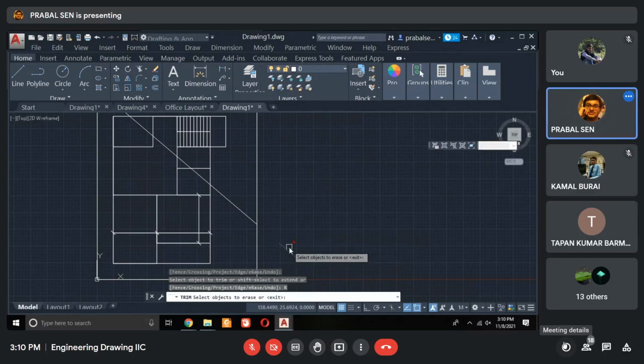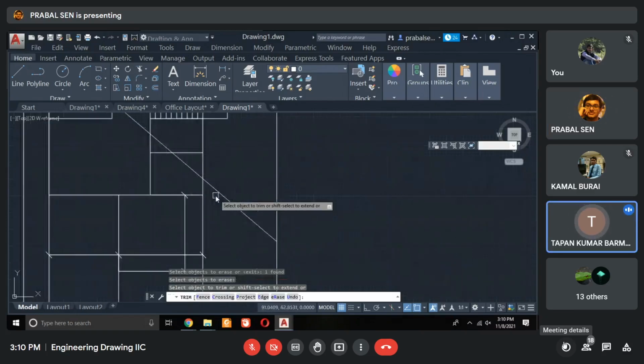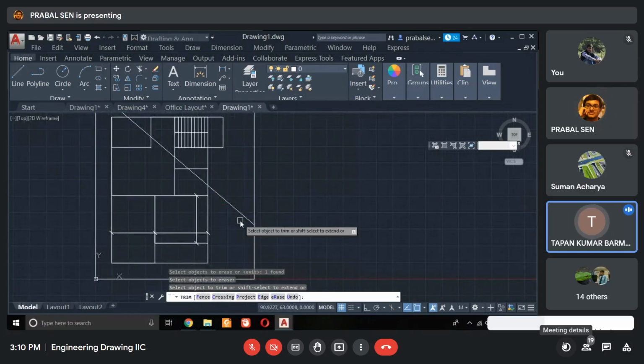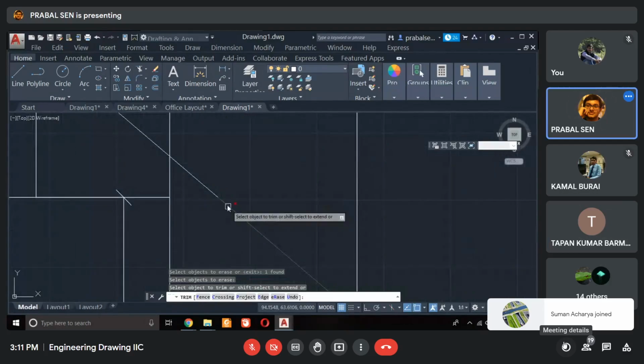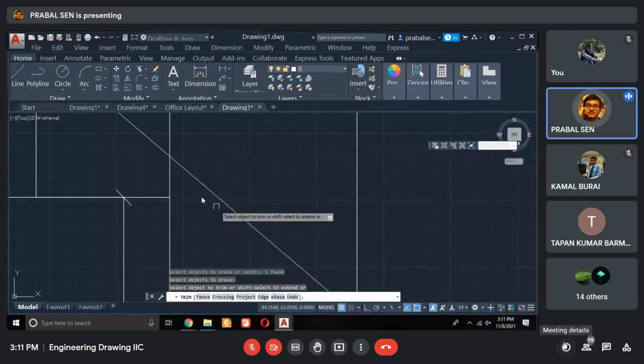Okay, basically to trim one object, there should be one boundary. Then only you can do it. That's also happening, that's a part and that's a part. Both two parts are there.